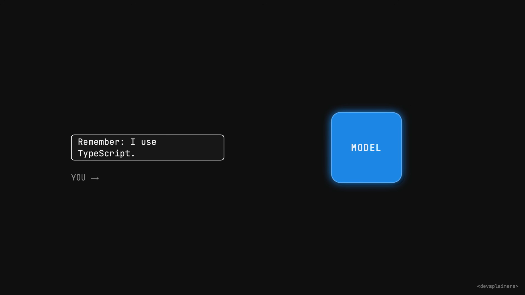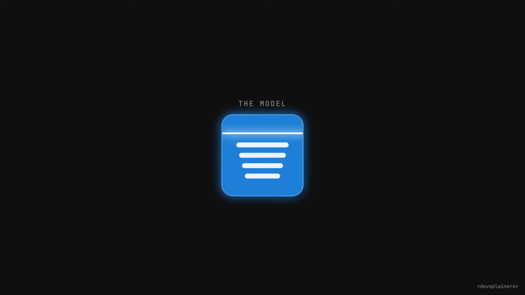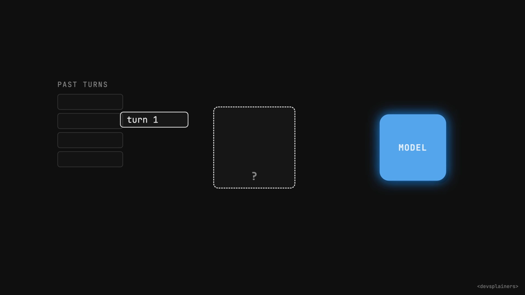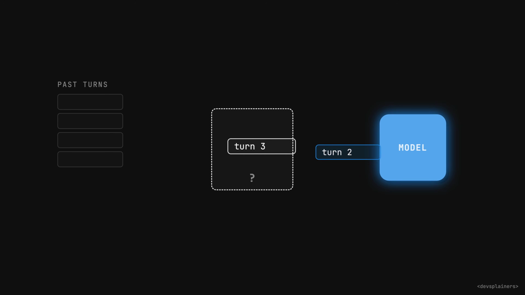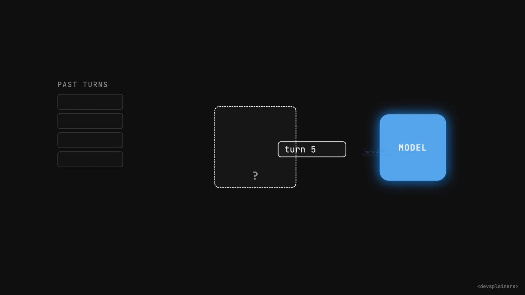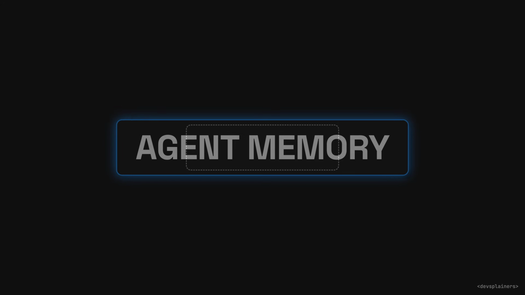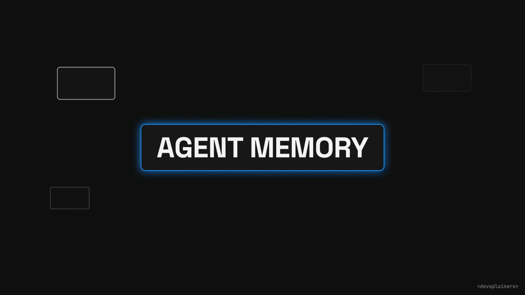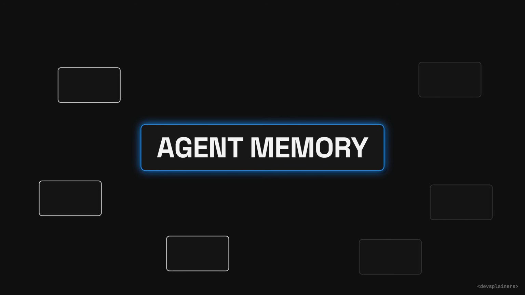Your AI agent doesn't remember a single thing you tell it. Every message you send, it wakes up with total amnesia, and some piece of software you probably didn't think much about scrambles to fake a memory before the model can answer. The fake is what everyone calls agent memory, and right now it's the messiest, most argued over corner of building